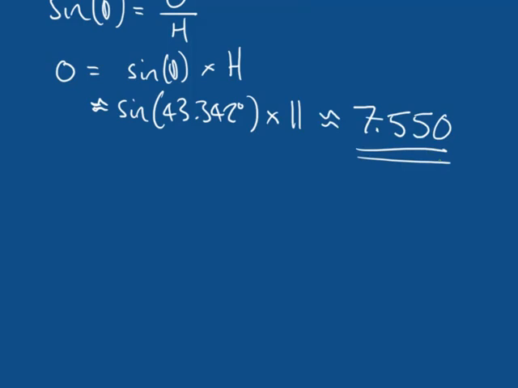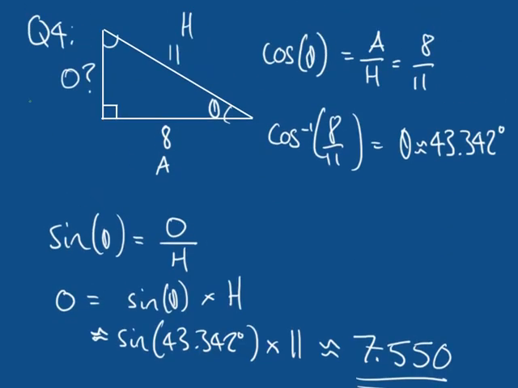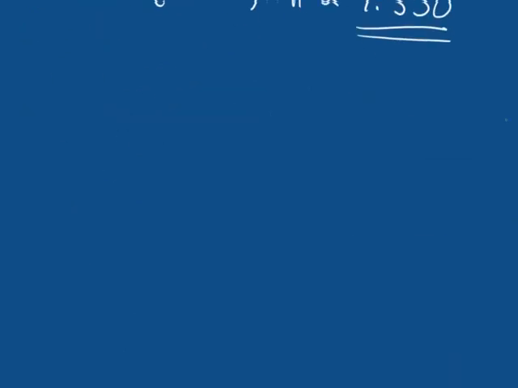Now if we wanted, we could actually check this using Pythagoras' theorem. I said not to answer the question using Pythagoras' theorem, but there was nothing preventing you from using Pythagoras just to check to make sure you'd got the correct answer. So we know if our opposite edge is 7.55 units, that the opposite edge squared plus our adjacent edge squared must be equal to our hypotenuse squared. That means 7.55 squared plus 8 squared should equal 11 squared. Well,